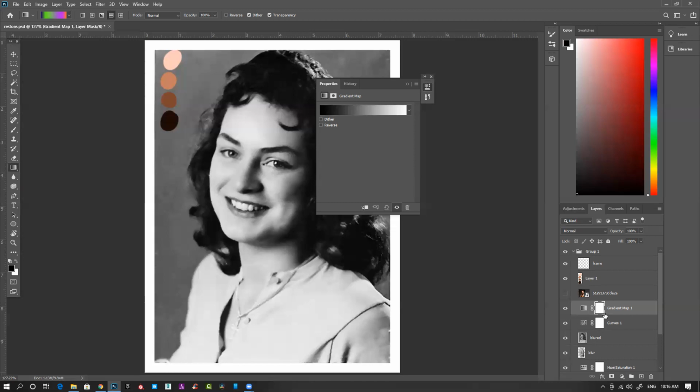Make sure whenever you are applying a gradient map and going to modify it, you select the layer. This is your layer and this is your mask. The left side one is your layer, layer property, layer adjustment, and the right side is your mask. And mask is always black and white. You cannot add any color to mask. So that's why we have to select this. Then we have this gradient, and you can always switch it off and on.